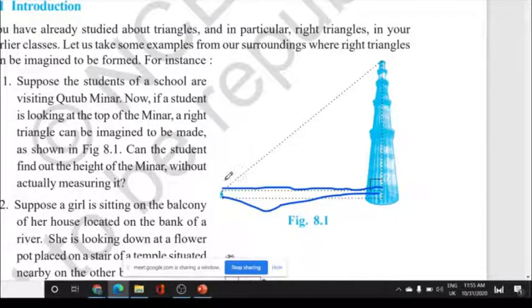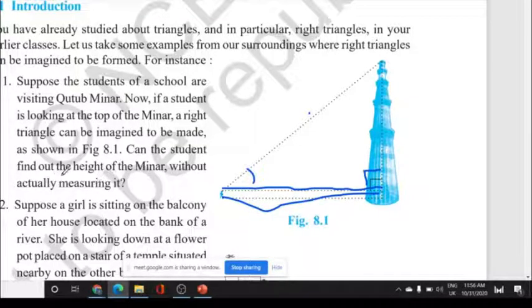Now from his eye you can see the line going up, and so there is an angle formed here, and this angle is going to be a right angle. Okay, this angle is going to be a right angle. So this is what we are learning today. Do you get me? Yes, ma'am. So when the child is looking at the Qutub Minar like this, the question is,